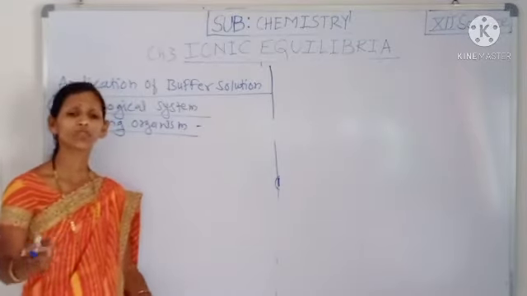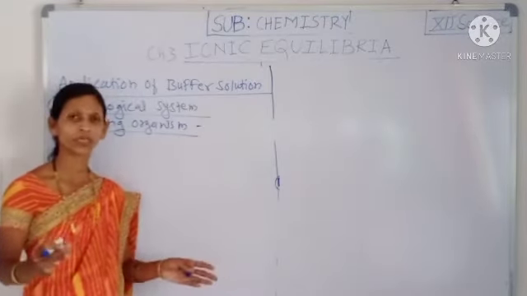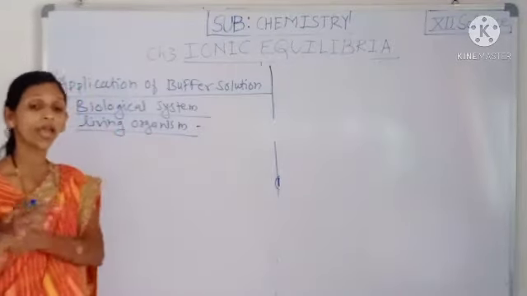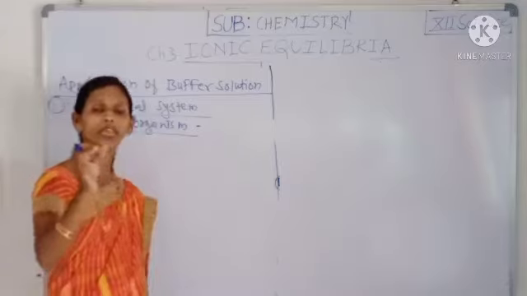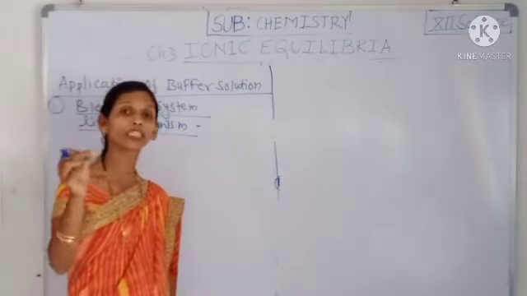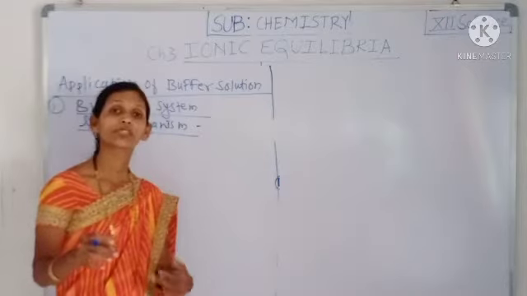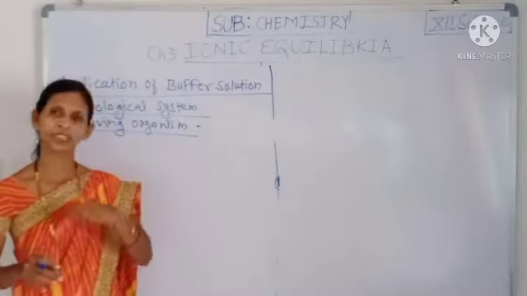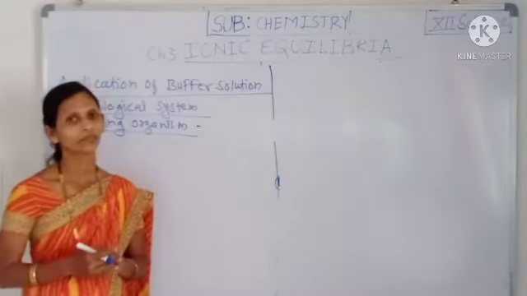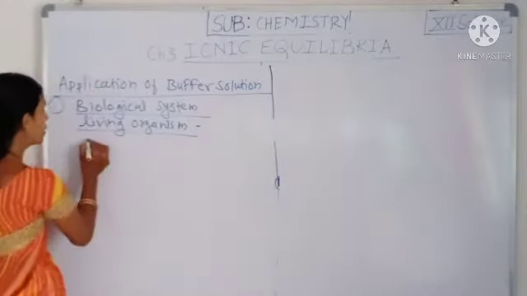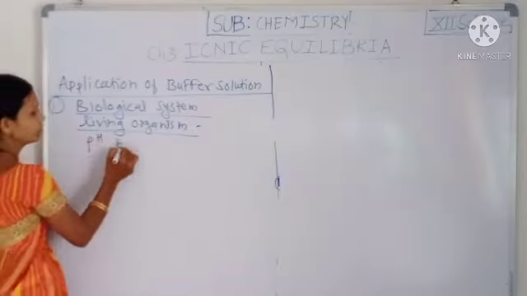Lots of biological processes take place in living organisms, and these processes take place at a specific pH. In the stomach, food digestion takes place in acidic medium, as well as the pH of